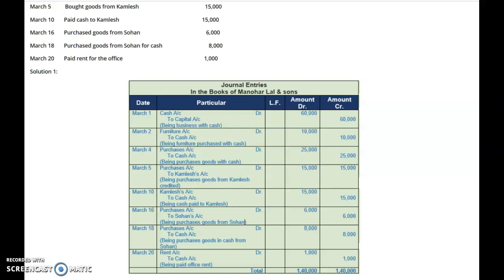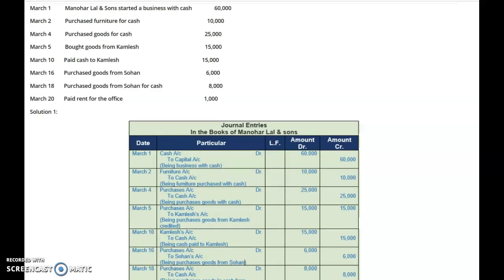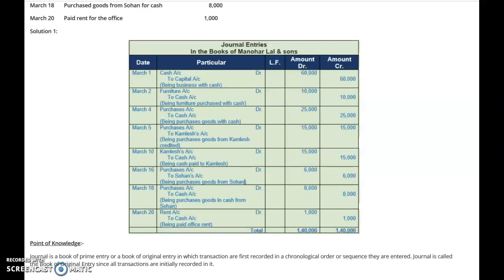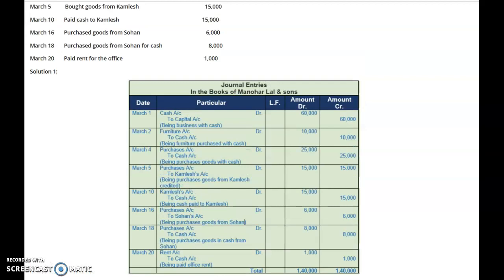Purchases account debit to cash account, like we had recorded in the third transaction, purchase goods for cash. So for purchase goods from Sohan for cash, the transaction entry will be purchases account debit to cash account. Here purchase again means goods are our asset. They are a real account. So debit what comes in, we had debited here as a real account. For cash, cash is again to be treated as a real account. Credit what goes out. So the cash account is being credited.